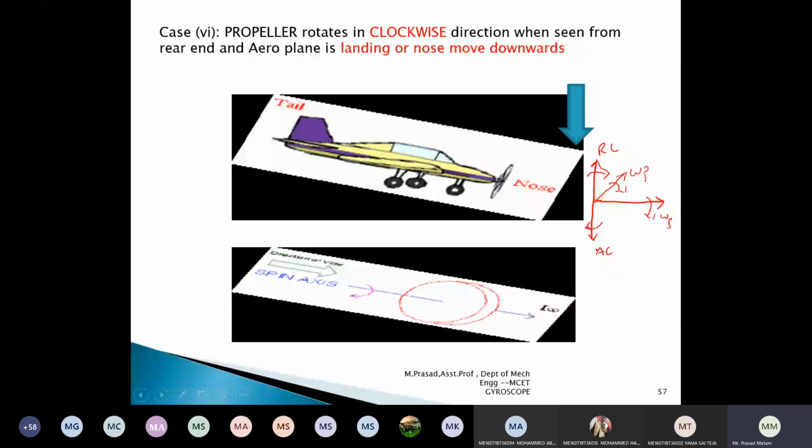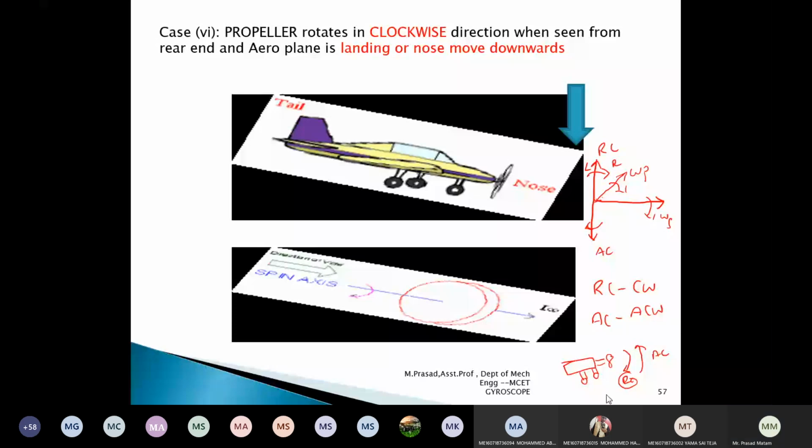This is my left side and right side. Now write the statement. So left side to right side means the reactive couple is rotating in clockwise, and the active couple is rotating in anti-clockwise. When you see the aeroplane diagram, suppose this is my aeroplane. With respect to my aeroplane, this is my active couple and this is my reactive couple. What is the answer? The aeroplane turns towards the left side.